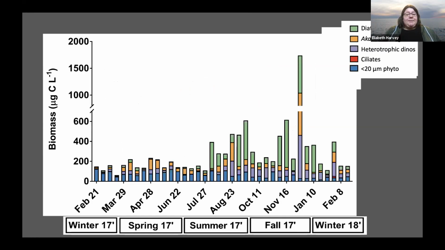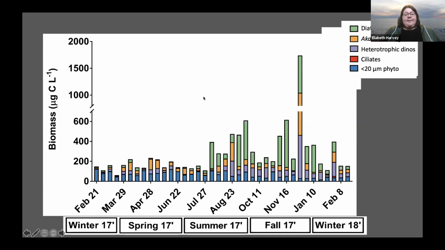So we used flow cytometry and FlowCam analysis, both of which I have here in my lab at UNH. And what we can do from there is really characterize the phytoplankton community composition. And so here I'm showing you how that community breaks out in terms of carbon biomass. If you can get the size or biovolume of cells, you can convert that into carbon.